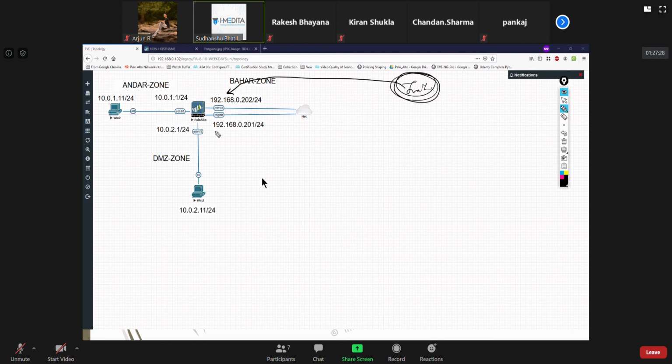When they hit this, it's already a TCP three-way handshake to this, which gets translated to this, and then you get a reply back which is sent out. So all of this information is already in the session table, so no need to do anything related to it.